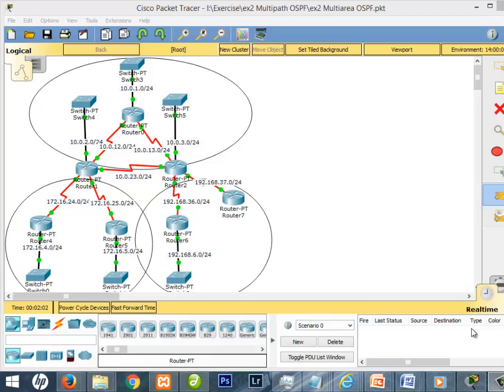Hey guys, this is the second experiment of the Internet Protocols Lab, and the title for this is Multipath OSPF, or we can simply say it as multi-area OSPF. So, the OSPF link state routing protocol has a special